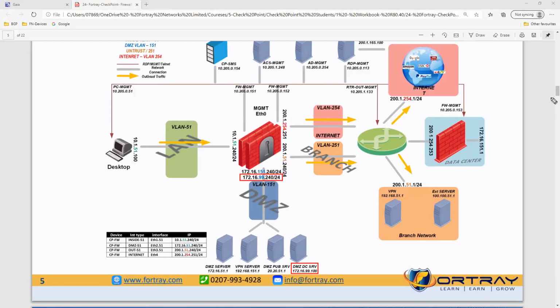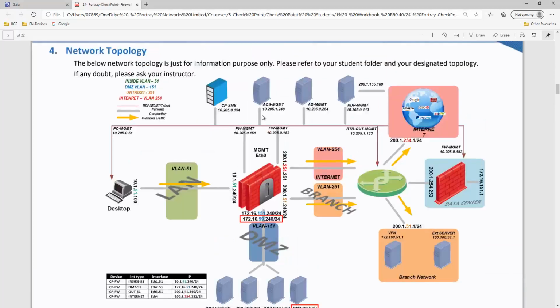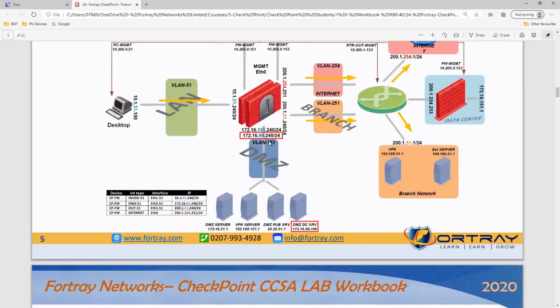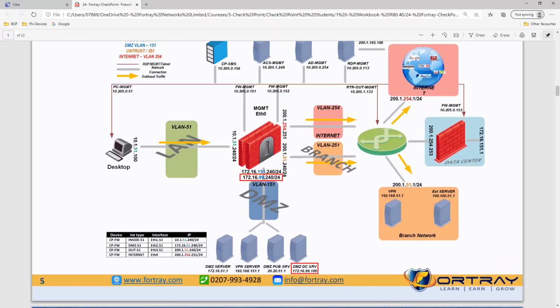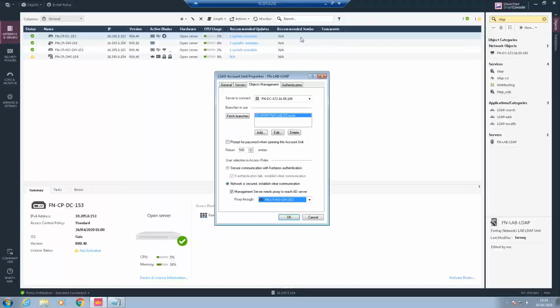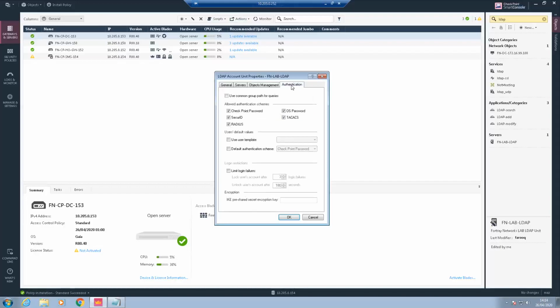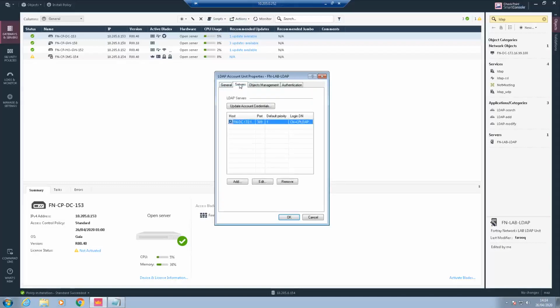If the Check Point SMS has direct access to the Active Directory server, you don't need to do these steps. That's fine. Clear? So this is how you can. We just provided a workaround. It's quite interesting as well, because if you come across a real-world scenario, you can use a proxy. And the other things are pretty much straightforward. So this is the setting for the LDAP account. Think about it, we are just configuring a server here.